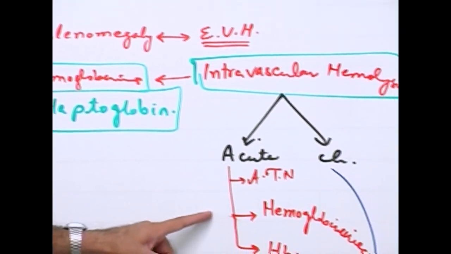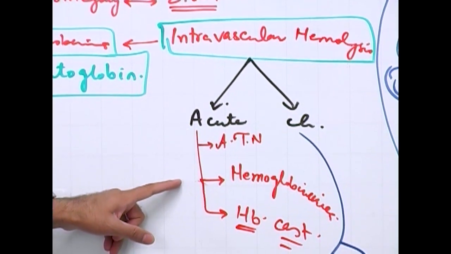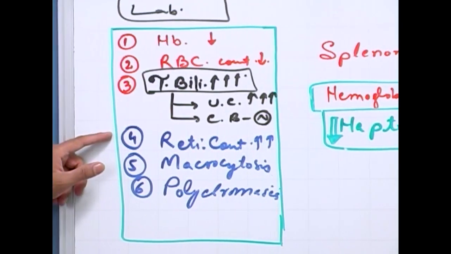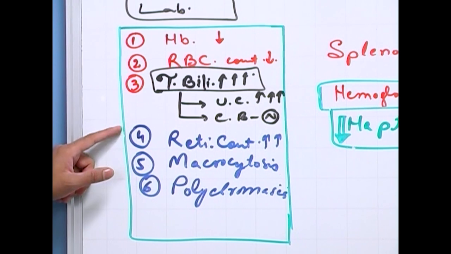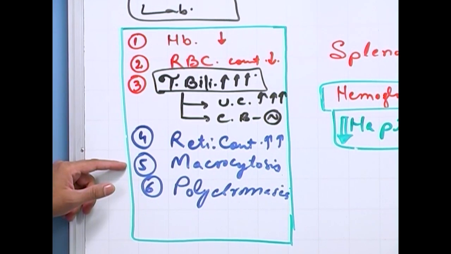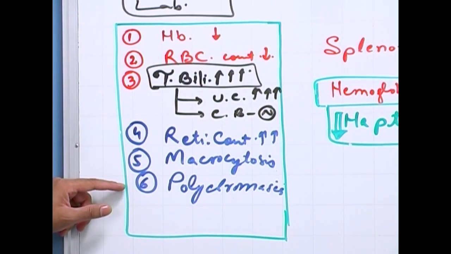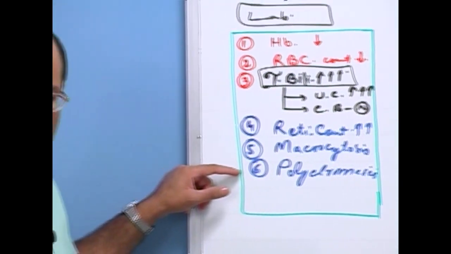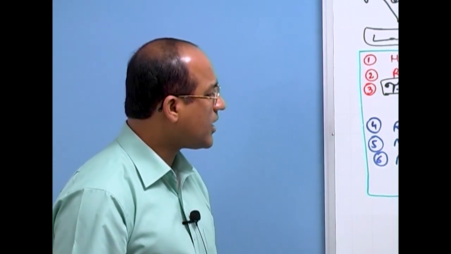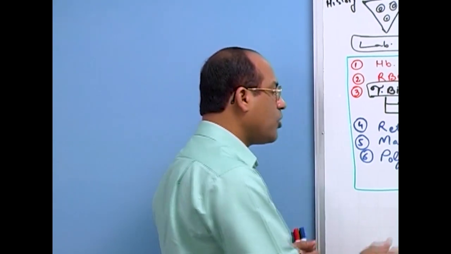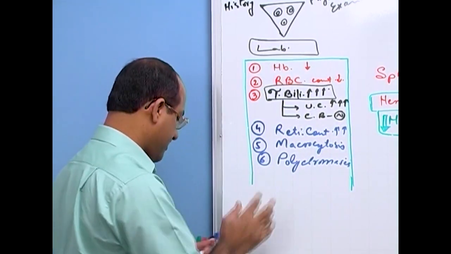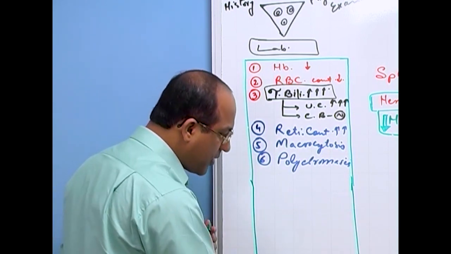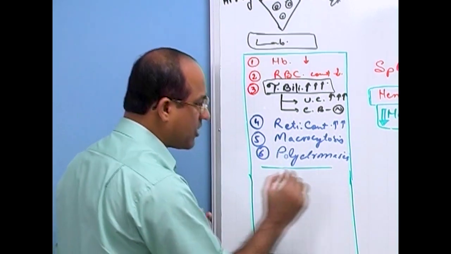Hemoglobinuria, right? It is showing which type of hemolysis? Acute hemolysis, and it is also showing that the bone marrow is trying to compensate. The reticulocyte count is going up, slight macrocytosis, and slight polychromasia is present as well. Is that clear? Now, in this particular patient, there will be no evidence of liver damage, if the person's hepatobiliary system is perfectly okay. For example,